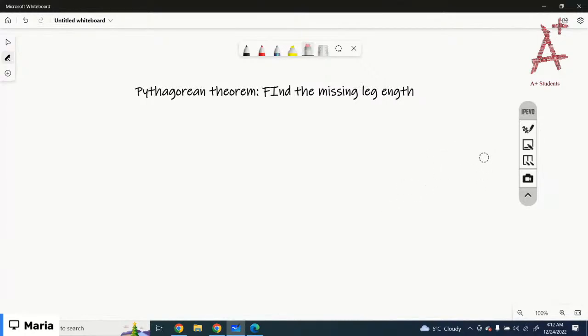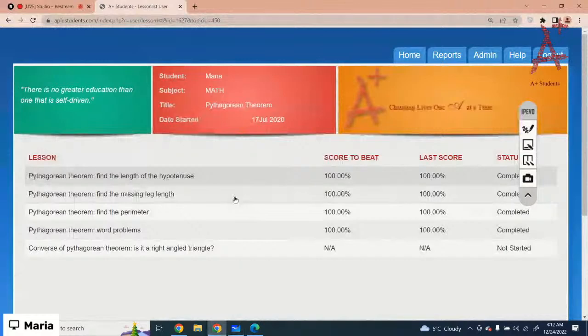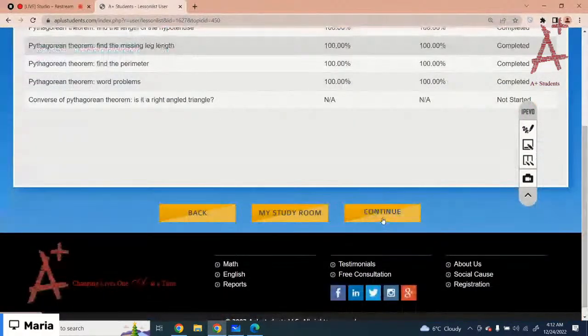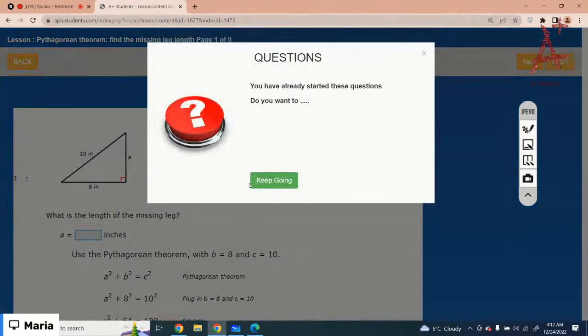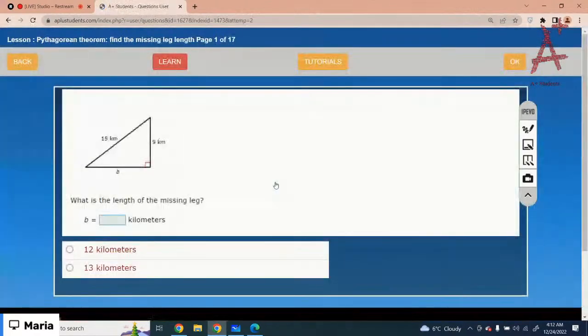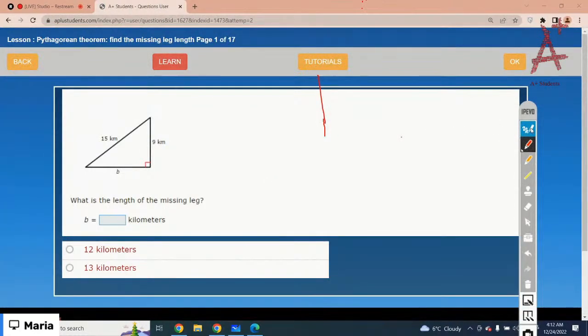Okay, now any of the length leg is missing, not the hypotenuse one. You have to find the other, any of the other two side lengths is missing. You have to find the side length. Got it? Let's start with the examples, test questions. You are given the hypotenuse and one of the side lengths. You have to find the missing one. Got it? Use the